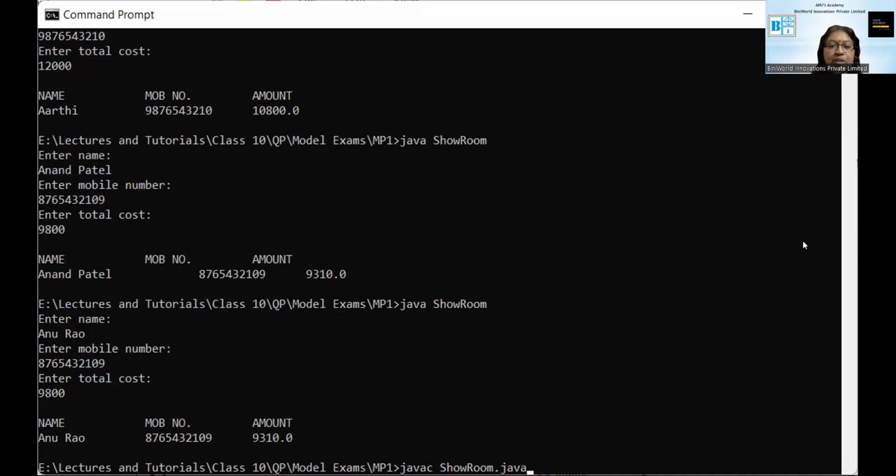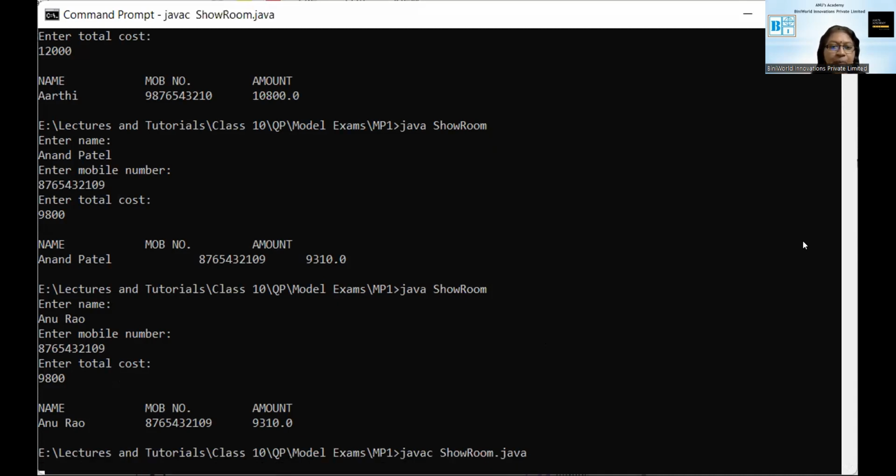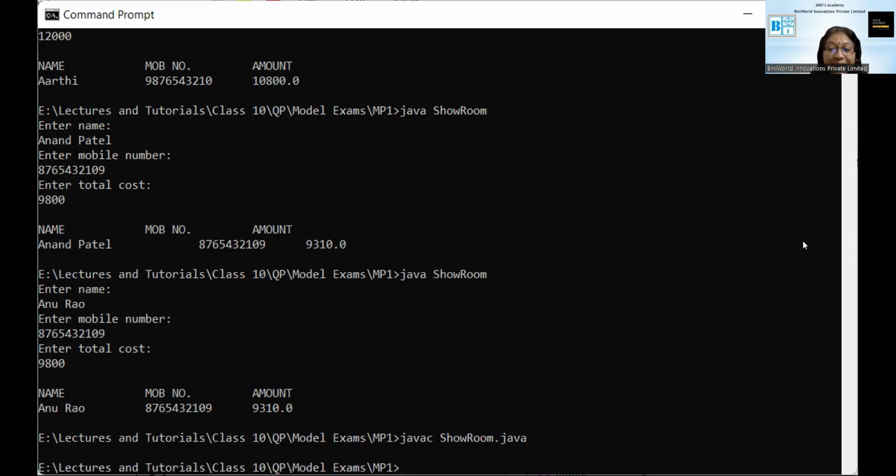Okay. When you do this javac class name dot java, it will compile, Java compiler. Okay. And then I call java and then the class name. See, when you do this javac, what will happen is